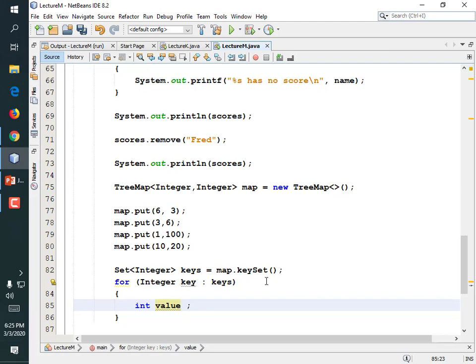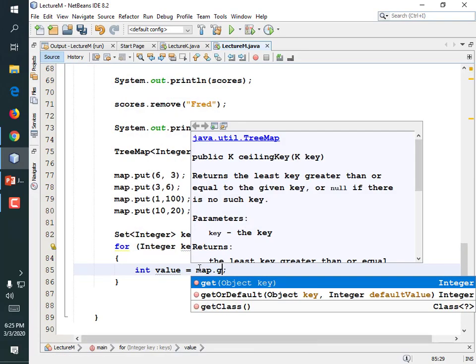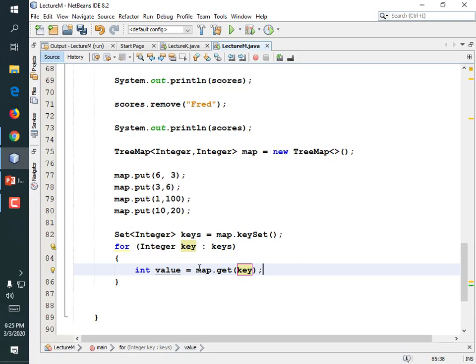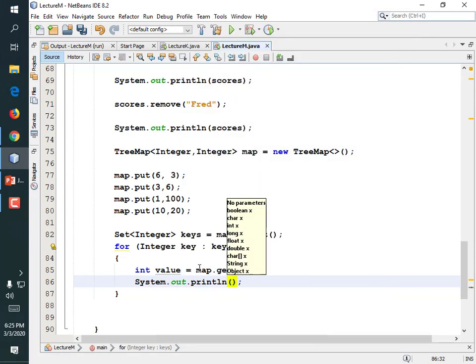So int value, I'm pretty sure that these keys do exist in the map because we just got them out, so I'm not going to add the containsKey code around it. So value is equal to map.get(key), and let's print them out. System.out.println(key + " " + value);